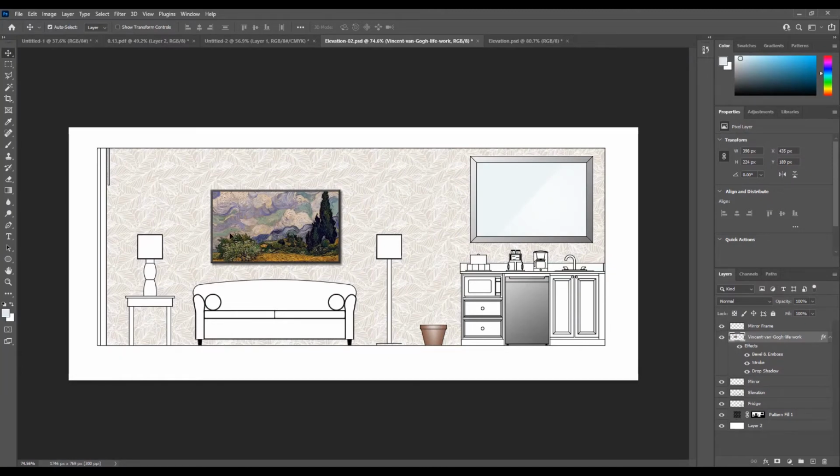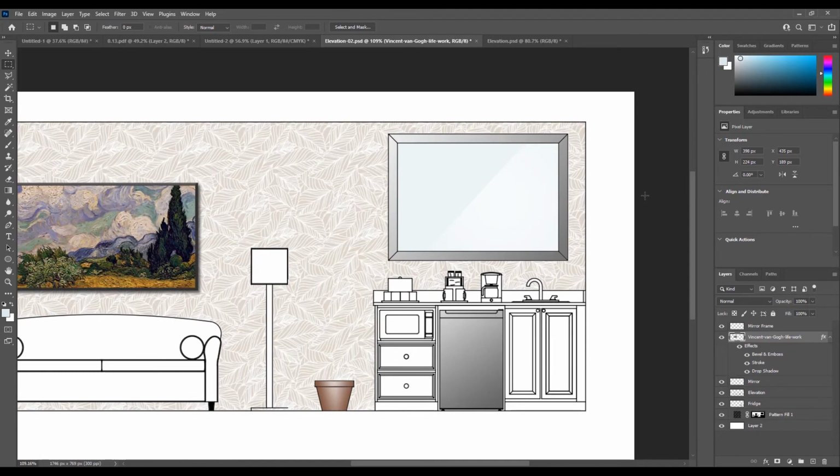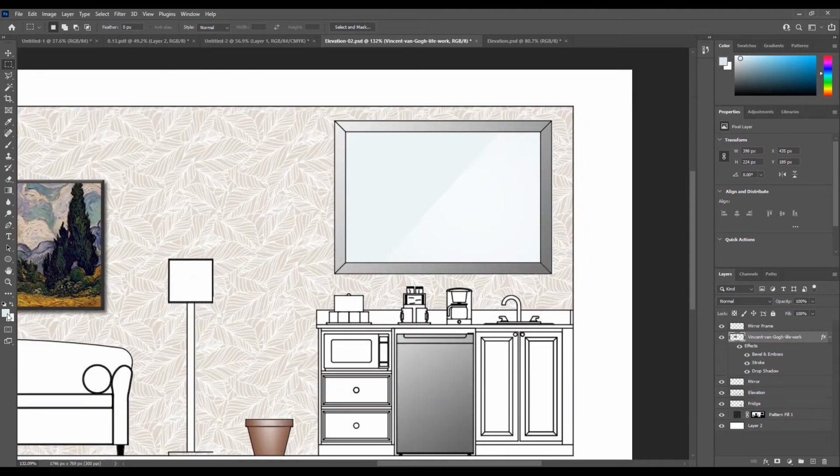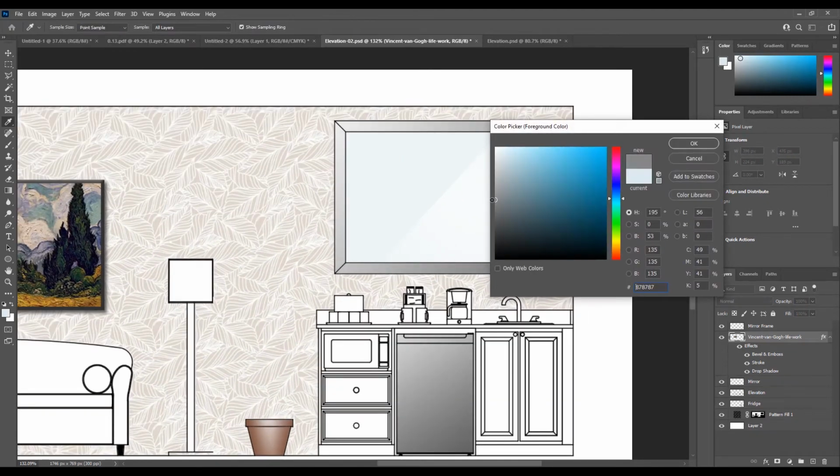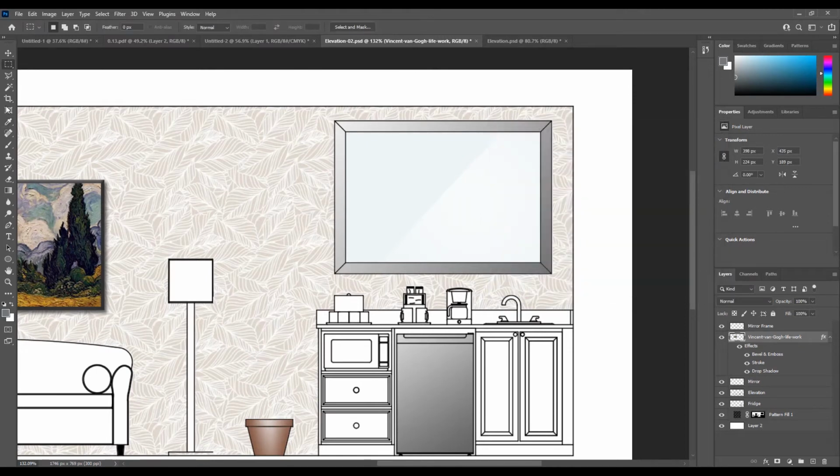So it looks good to me right now. If you want, you can do the same with this frame. But because it's not an image, you cannot use this method. Maybe if you want to add depth to it, you can, for example, pick a kind of gray color and then use